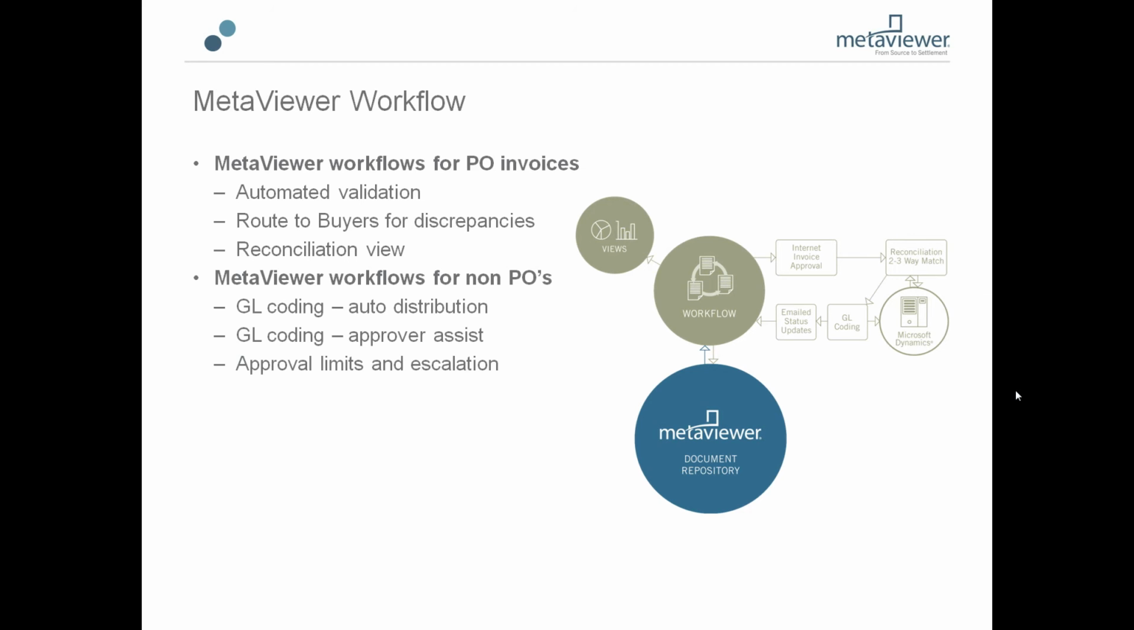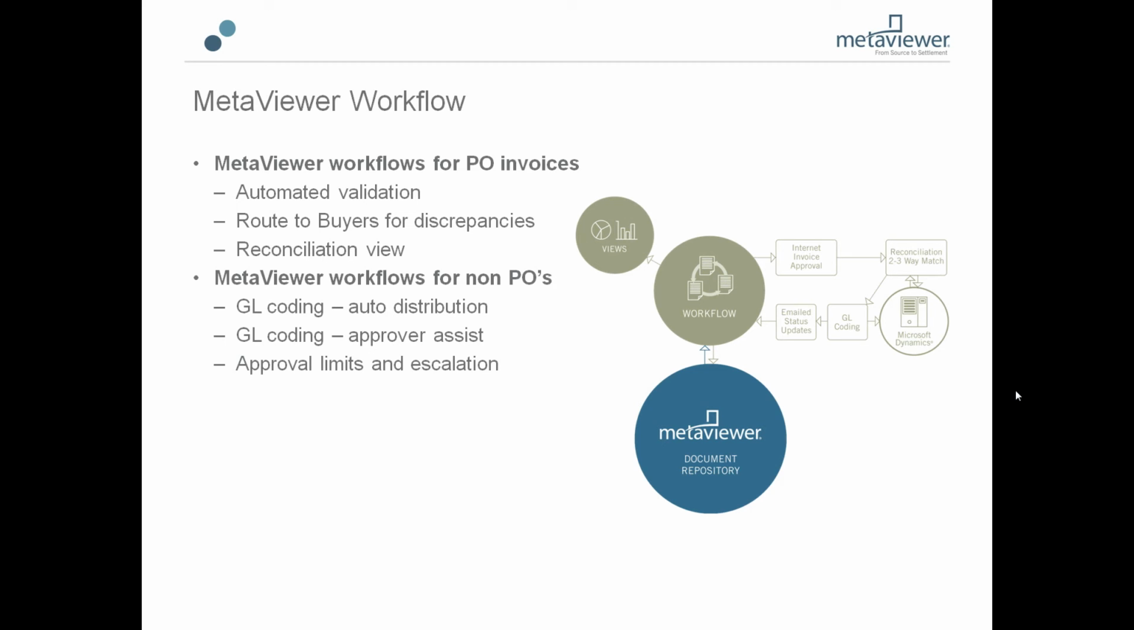spot. Workflows for non-POs usually center around more of the GL coding of the documents and escalating for approval limits and those types of things. When it comes to GL coding those invoices, we have some tools to help auto-distribute the codes or auto-generate the codes based on certain parameters, or for those approvers who are maybe doing the coding, we can do some approver assist where we can help them navigate as to what are the appropriate codes and validate those codes so that when we push that information up to the Dynamics system, the codes are correct and are all validated as